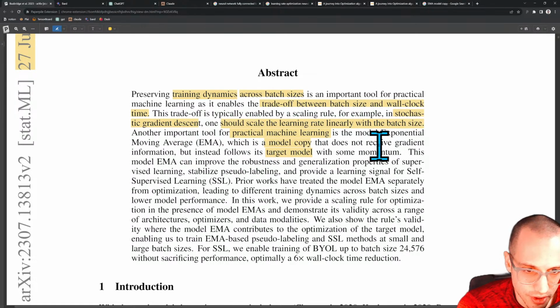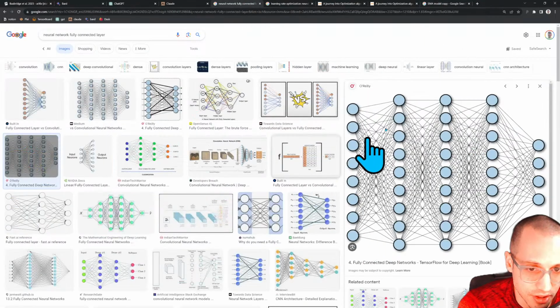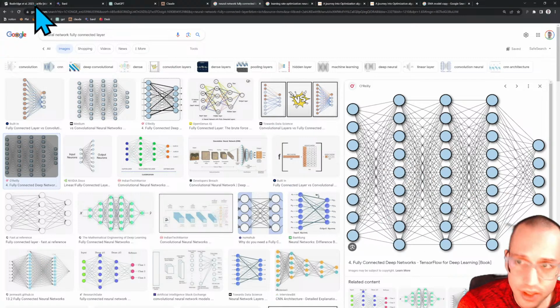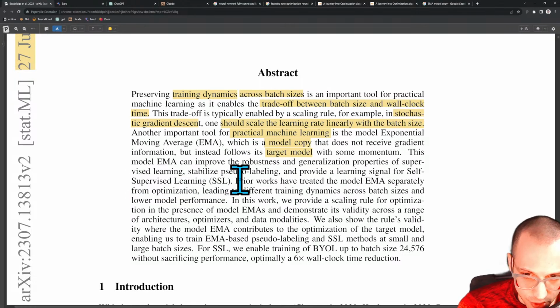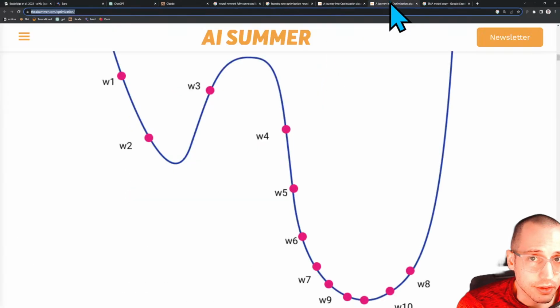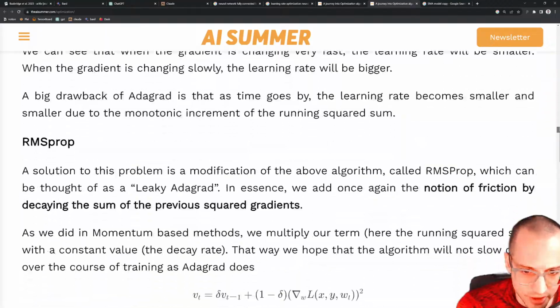And follows its target model with some momentum. I guess that maybe in this sentence, the target model is the actual individual ones that are actually taking in gradients and moving around, and then the exponential moving average is going to be the average of those. This model, EMA, can improve the robustness and generalization properties of the supervised learning, stabilize pseudo-labeling, and provide learning signal for self-supervised labeling. Okay, so I think they maybe introduced a little bit too many concepts there, but let's go back to our